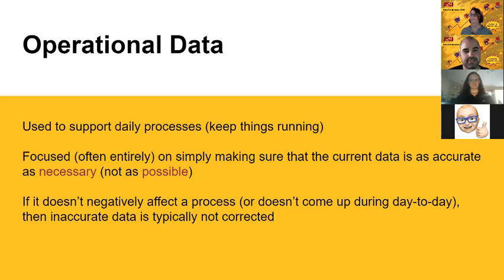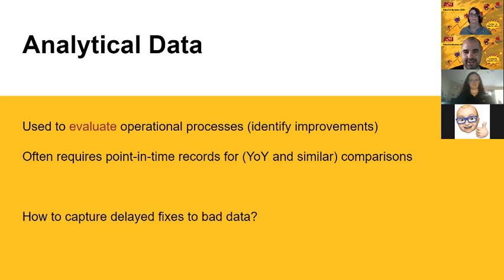If you look at the data, you'll see ACT score of 1200, but that's obviously not right. It's impossible. But operations isn't going to try to fix those. However, it can be really useful for analytics. So analytics evaluates these operational processes, right? We're trying to improve upon them when possible. And what this means is you often require that point in time data. You need to know, as of today, I'm going to guess 40th day of fall.